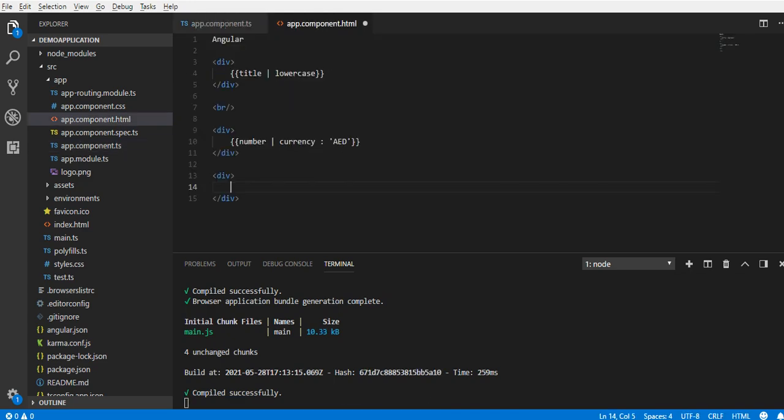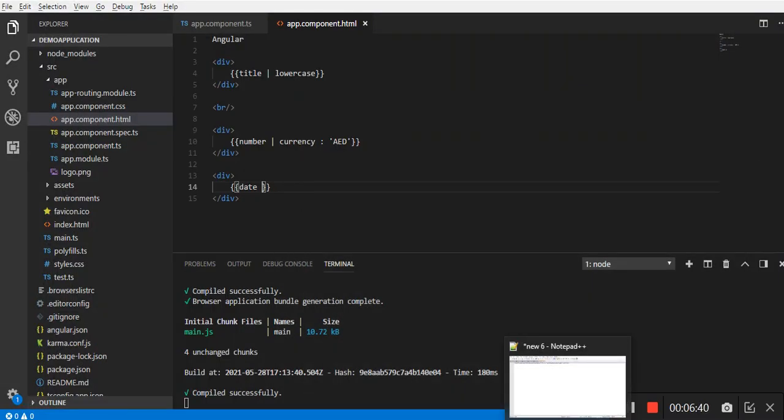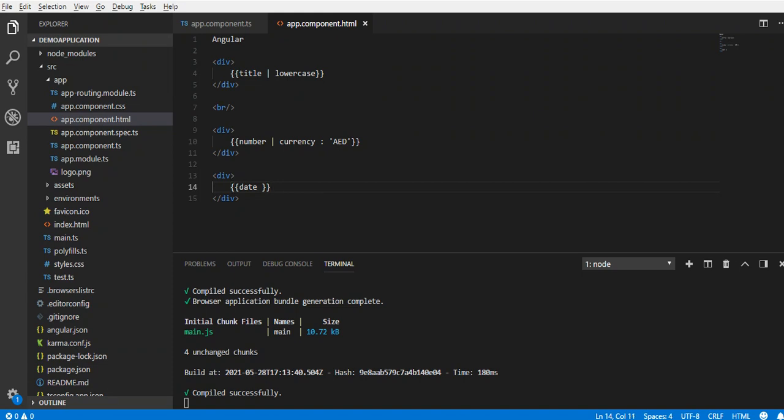Copy this variable and put it inside interpolation. If you run without pipe, you will see straight away this text only. To change the format, just put the pipe and say date. I will use medium first and save it.